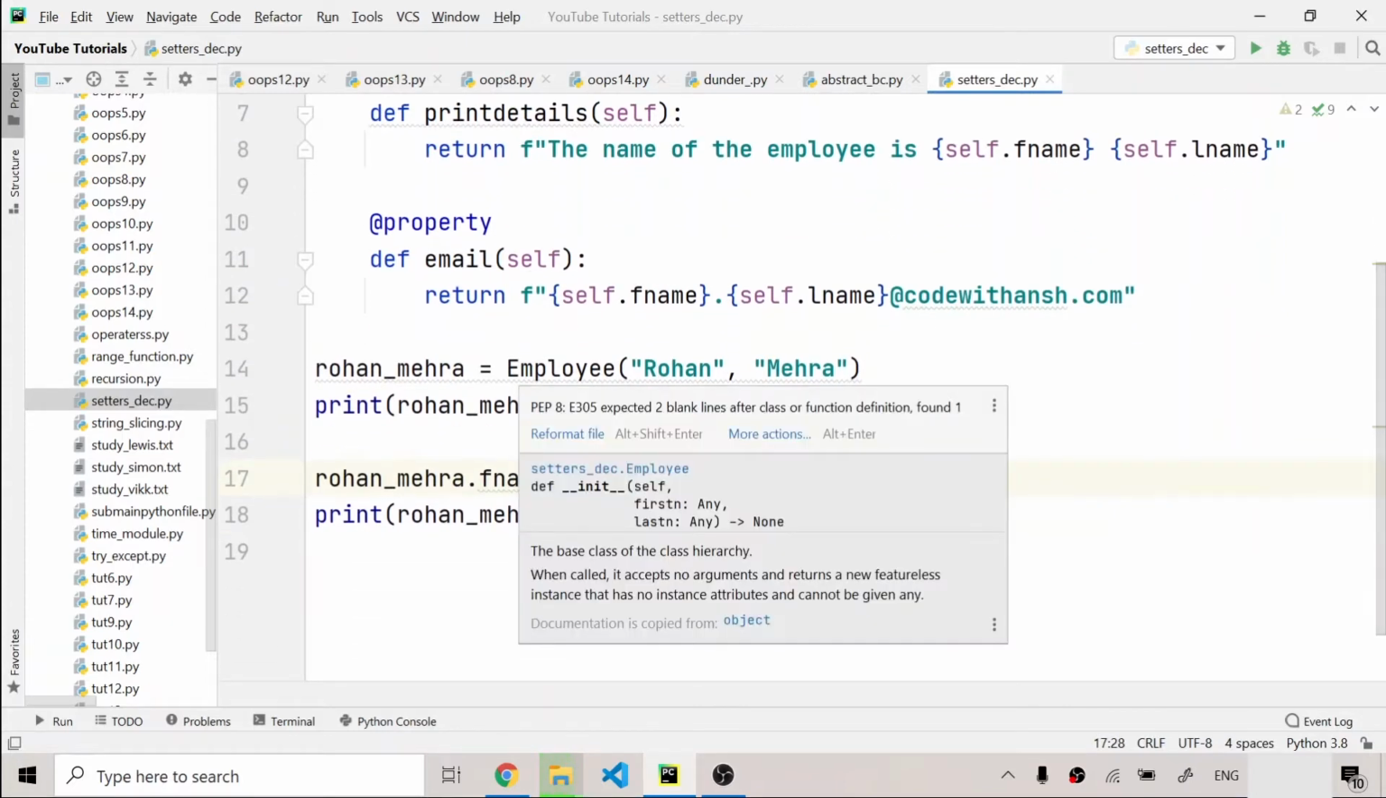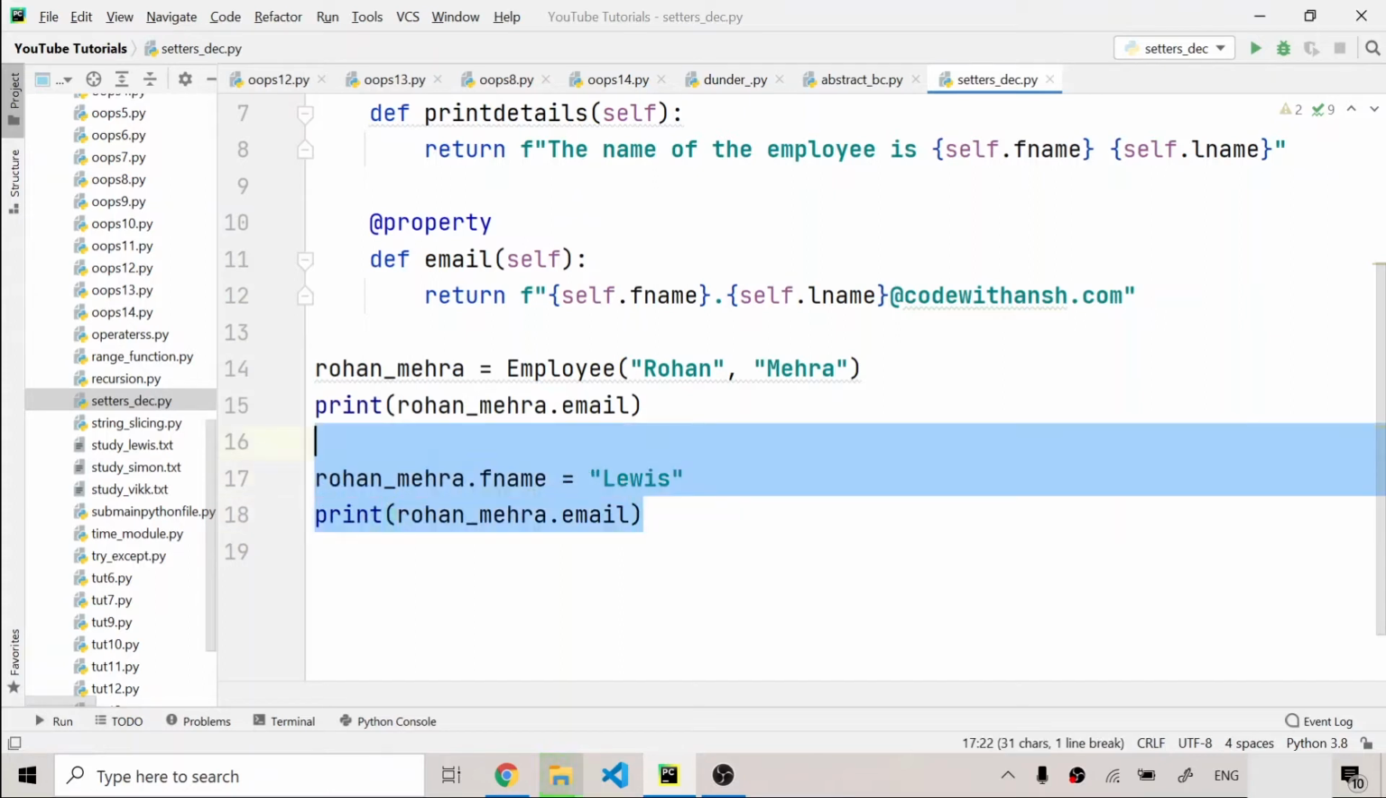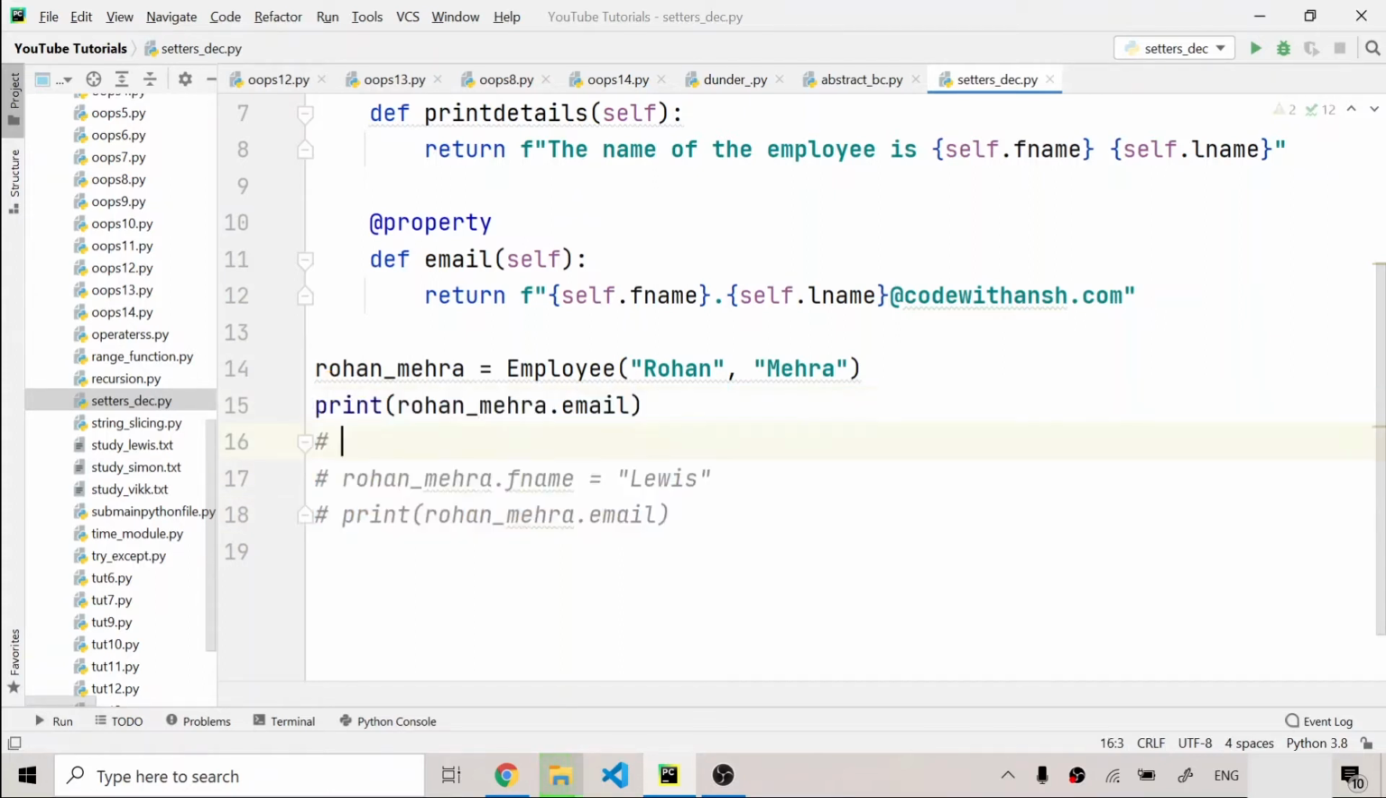Now for example, if I want the f name and the l name to change on the basis of the email, what I can do is make a setter. Let me give you a concrete example. I'll comment everything out right here, and then print the email of Rohan, and after that, what I can do is that if I want